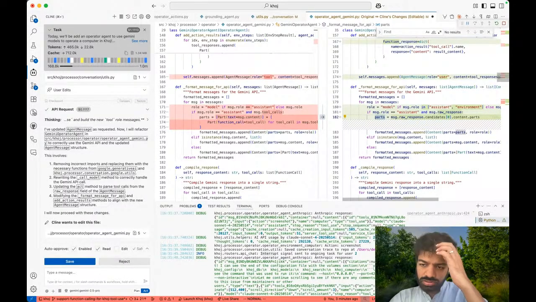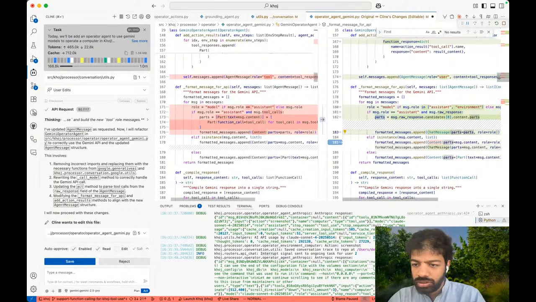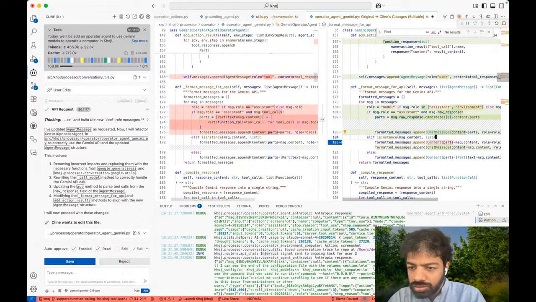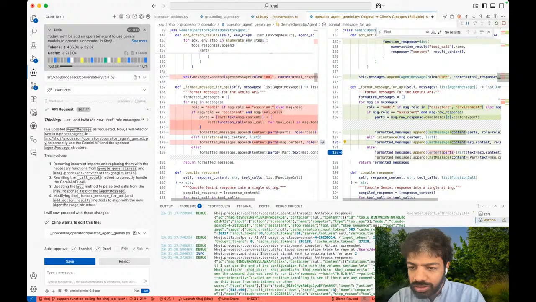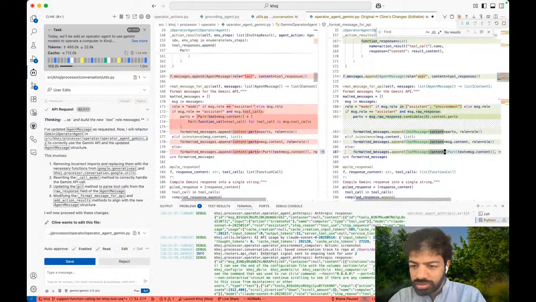Parts is equal to raw content, and then formatted messages is this list, but we want it to be a list of chat message with content parts, right? And this is right, except for the